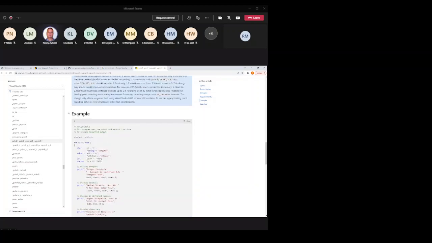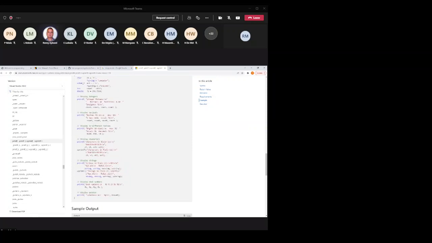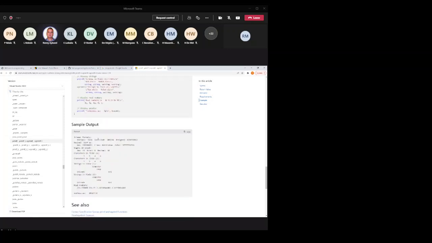They also give you some examples of printfs, different formatting, hexadecimal formatting, decimal formatting, what all the different parts mean, and so on, and all the expected outputs that you can see.